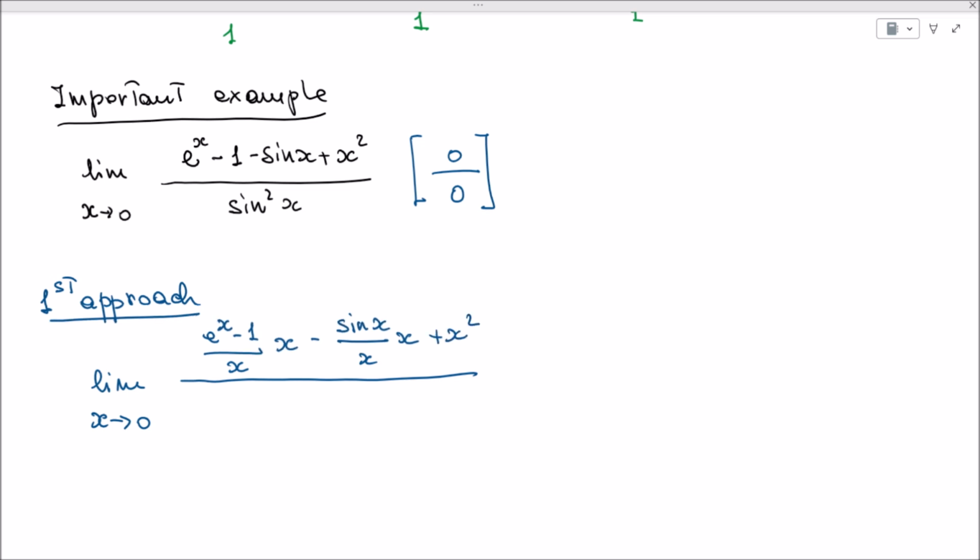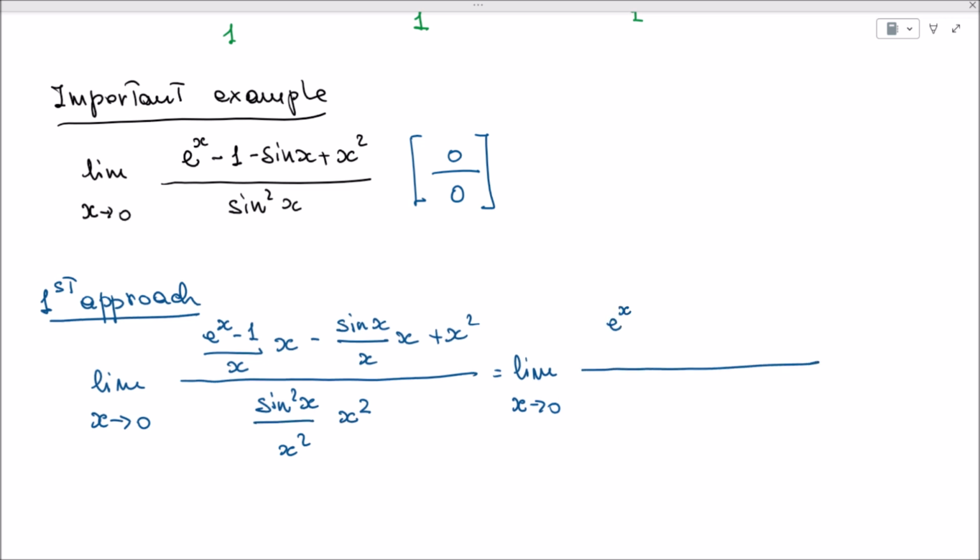At the denominator instead, we might divide and multiply by x squared, right? Okay, good. We see that we can simplify 1 x,